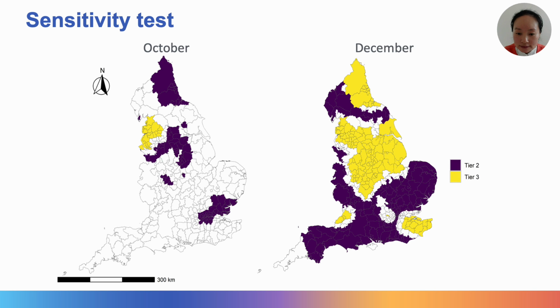We further conducted a sensitivity test to check whether our result was robust against spatial spillover effect. Our hypothesis was people in Tier 3 areas could have traveled to Tier 2 areas to take advantage of the less restrictive measures over there, such as going for a meal in the restaurants. That would have diluted the